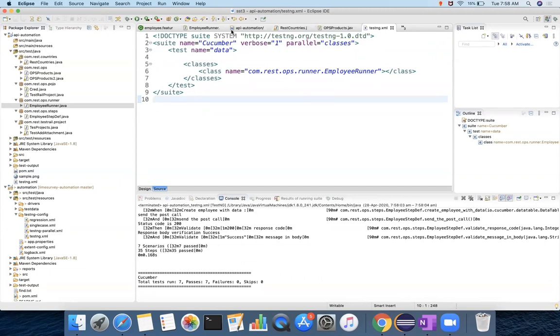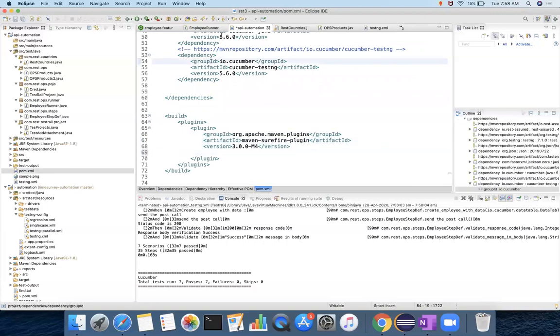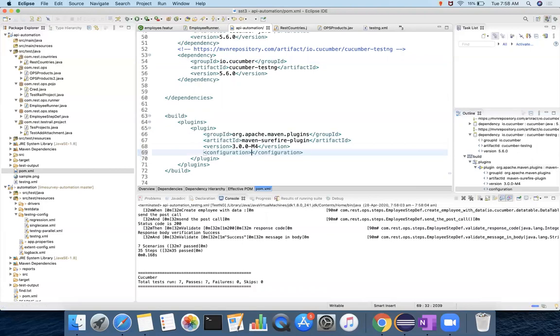Now when it comes to your pom.xml, what you have added is the plugin, group ID, artifact ID, version of this Maven Surefire plugin. The difference between a dependency and a plugin: group ID, artifact ID, version, group ID, artifact ID, version. So both are the same. Apart from that, you can add extra tags here. The tag I'm adding is the configuration tag.